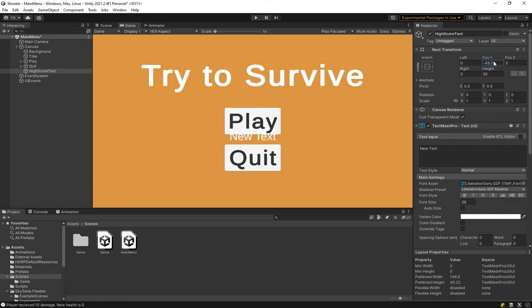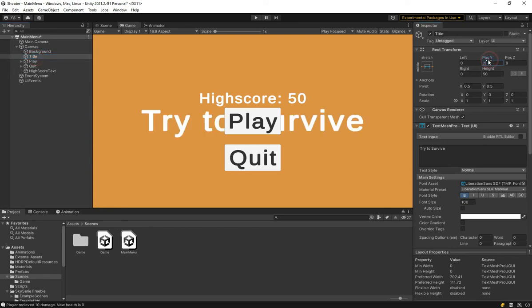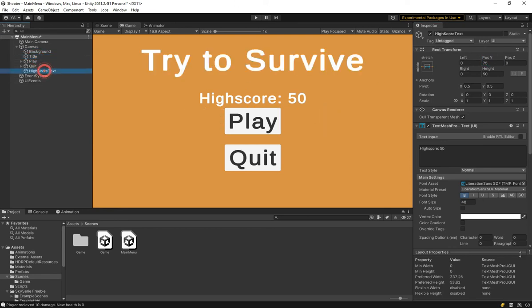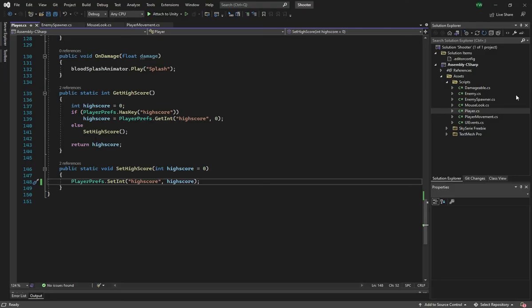Then, where should we place it? Alright, I think I'm going to place it here at somewhere like 75, and this is going to be saying something like high score 50. And if I make it bold, that looks a lot better. Maybe a size of 38 should be better. And then I'm going to maybe select my title and move it to something like 200 maybe. Then take this high score text, make it 64, then move it up with 200. Alright, that looks pretty awesome, and all we need to do now is go under our UI events